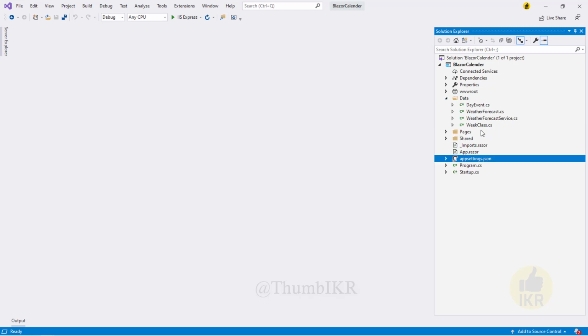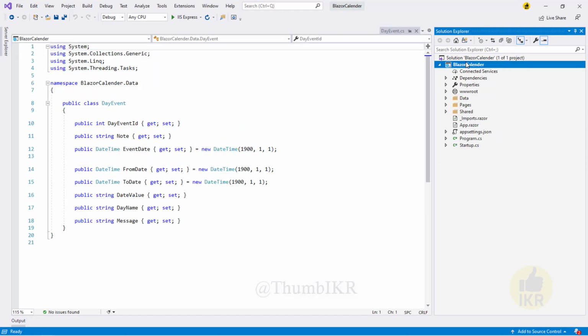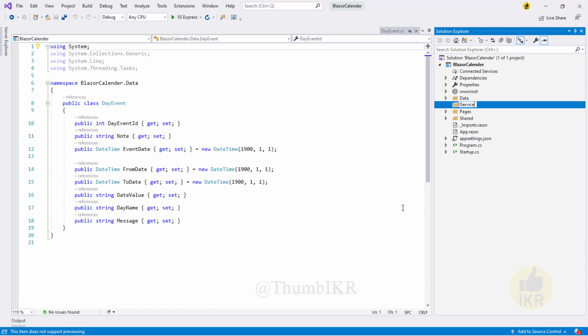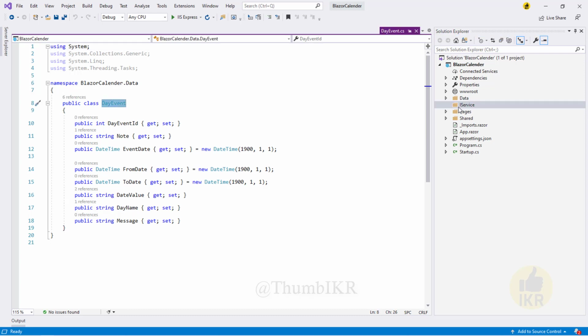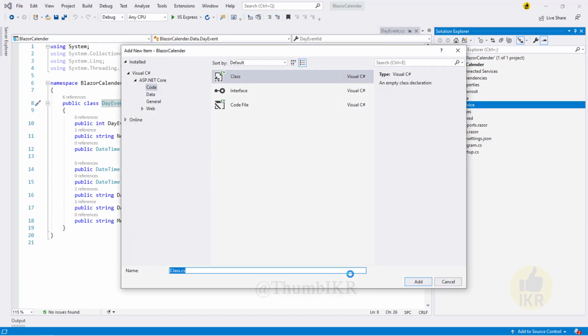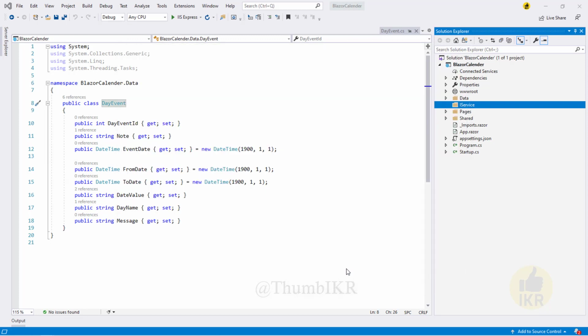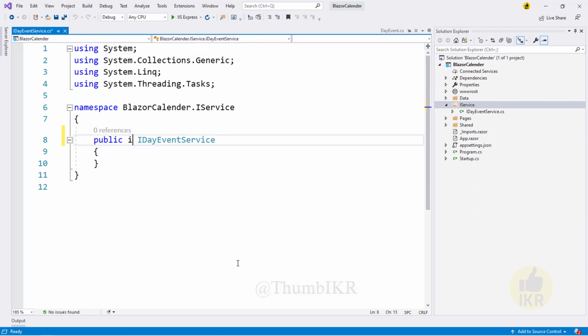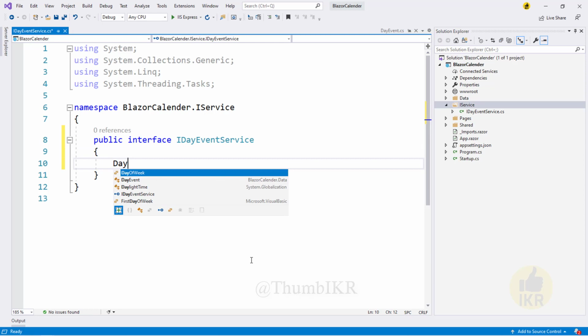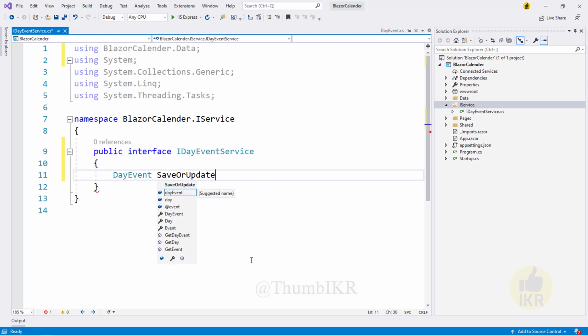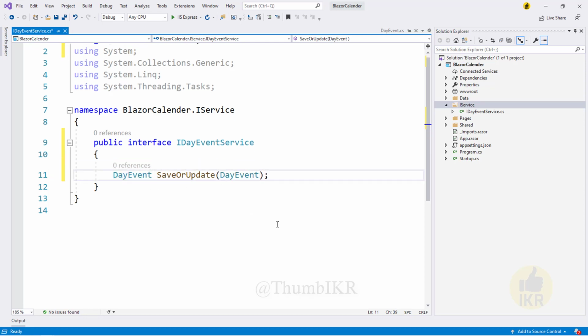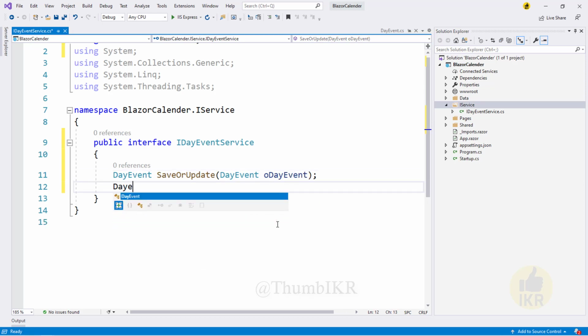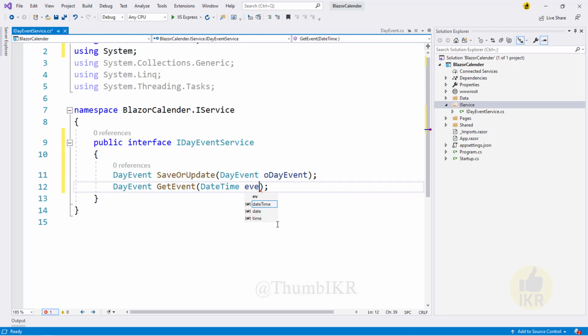Let's create day events repository. So I'm gonna create a folder which is service, day event service. It's an interface, so interface, day event, save or update, day event, get event, event date,